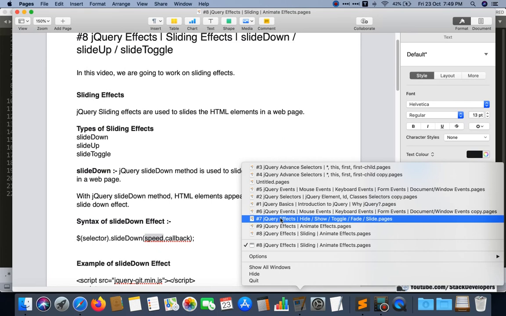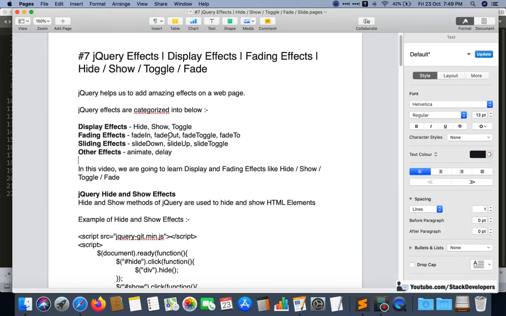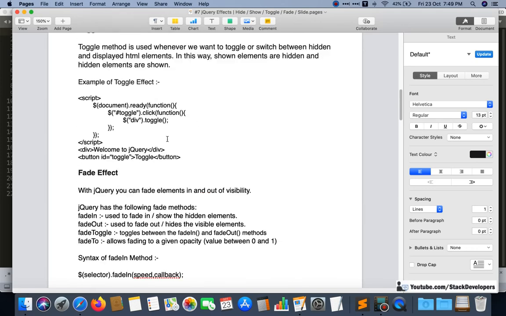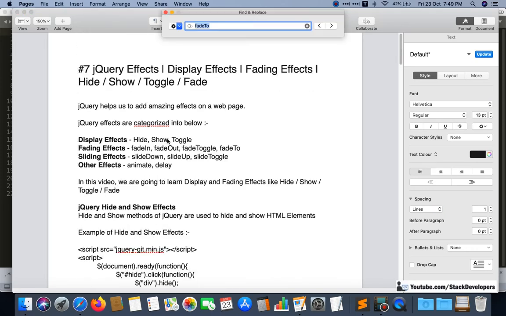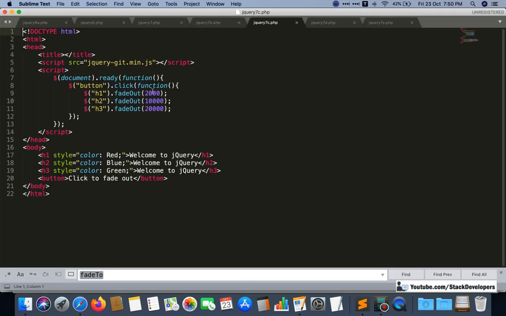See, the optional speed parameter specifies the duration of the effect. It can take the following values: slow, fast, or milliseconds.